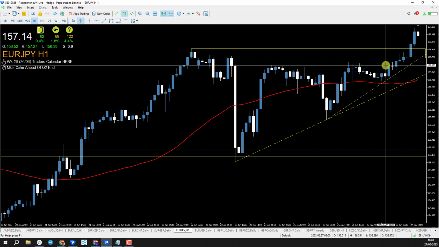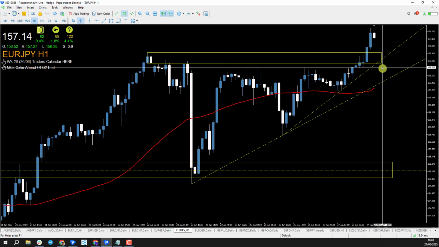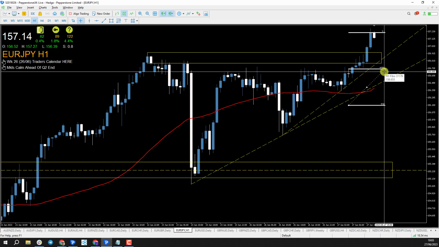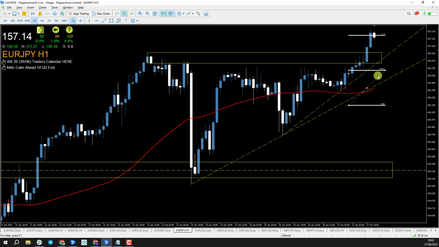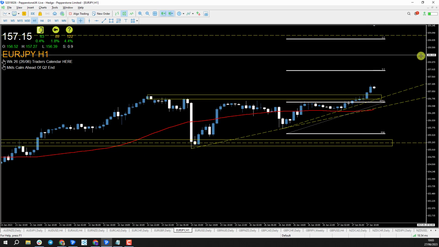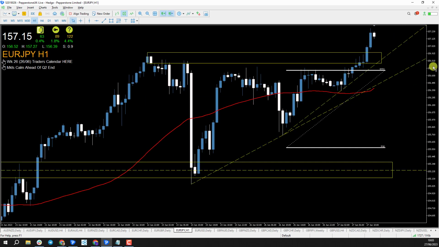So you've got this area down through here around about the 156.65, which could be a good area to look for an entry. So if we were looking at 156.65 for instance, which is in and around these highs through there, we're looking at a 122 pip stop loss, which can bring us below these lows even. Let's say we went for like a 110 stop. To then get to the 159 is still a really good risk reward ratio. So I'm going to be looking for that as our potential chart of the day, looking at Euro Yen for